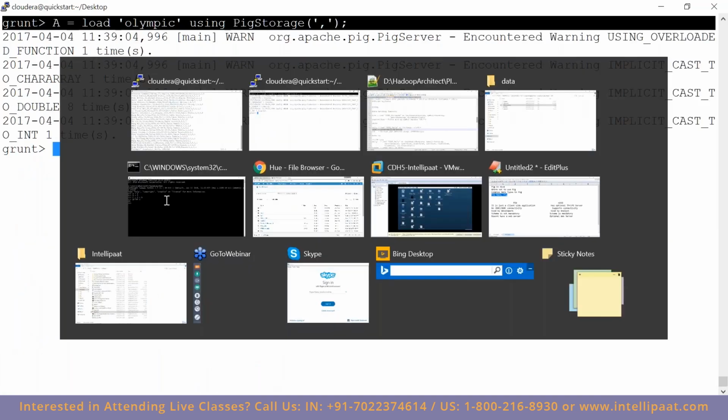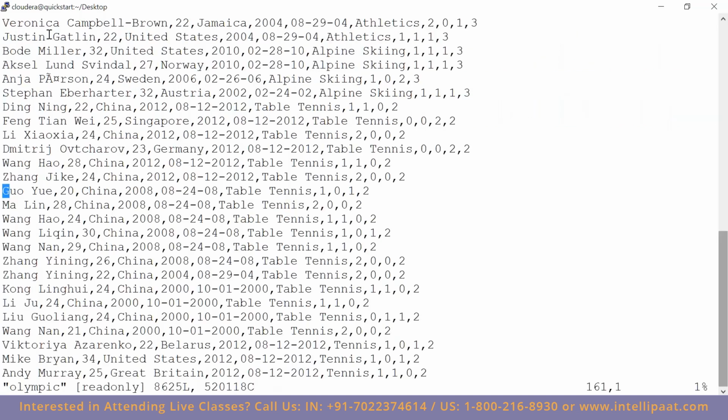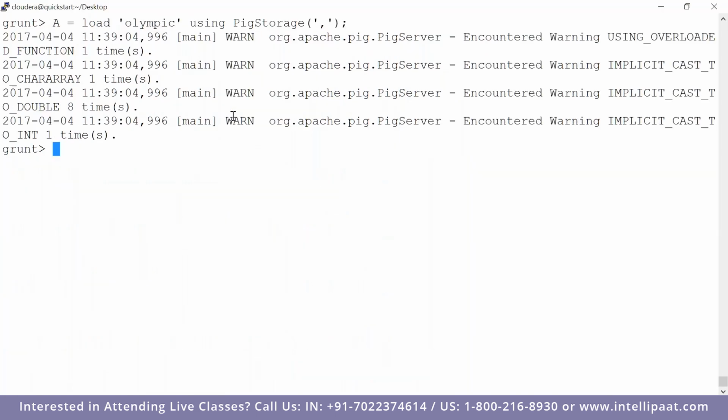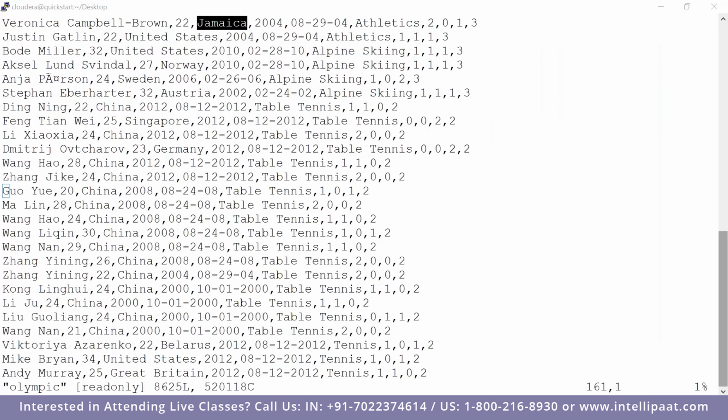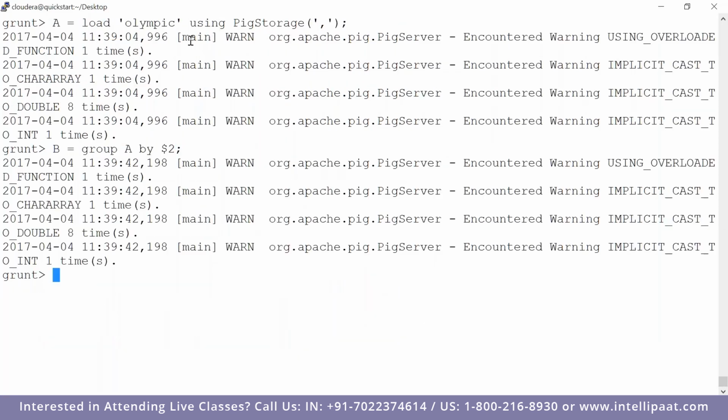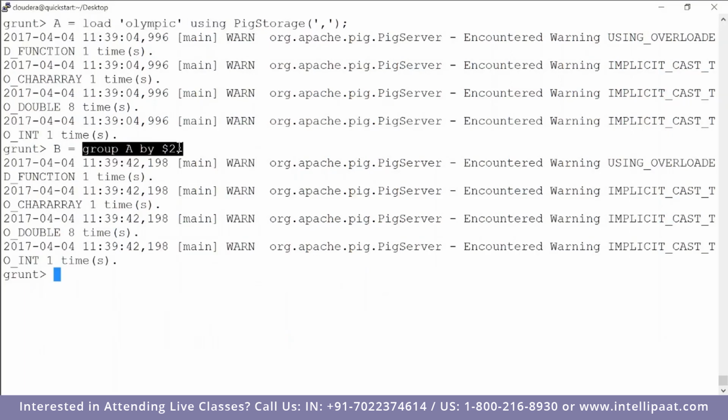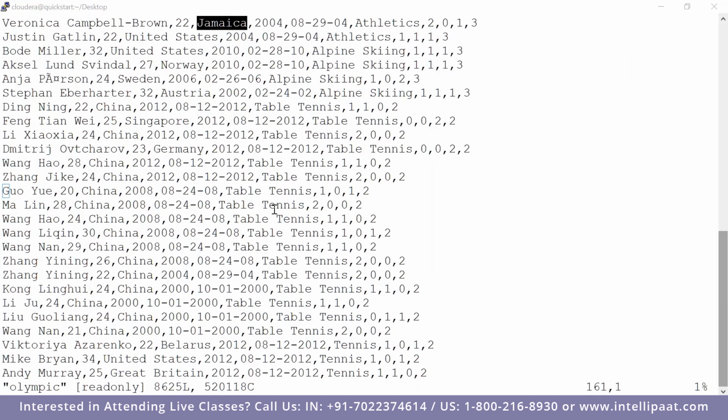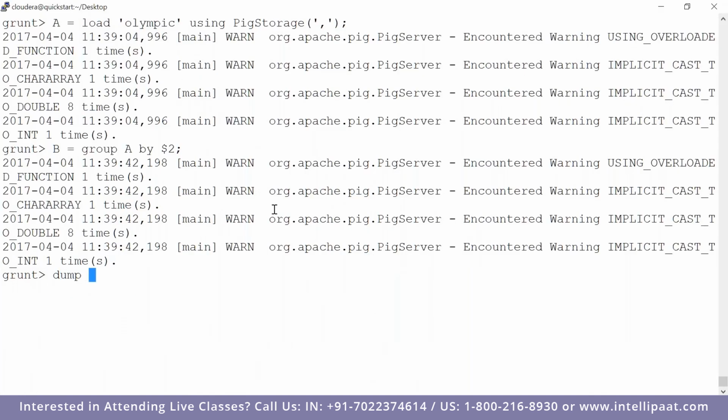Since I did not mention any schema, it's going to load with the default schema. Now I want to access, let's say, 0, 1, 2. So I can say B equals group A by $2. What is $2? $2 is the country. I want to group the data based on country. When I say dump B,